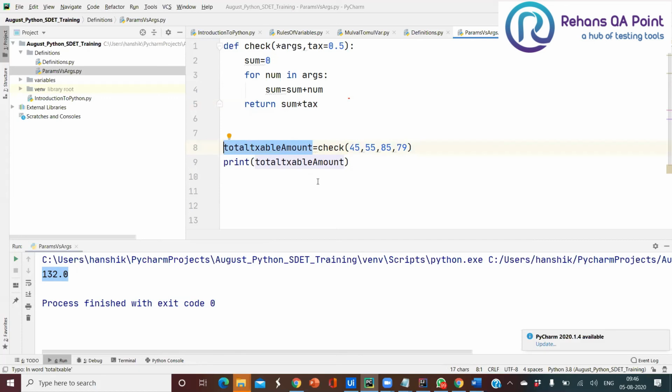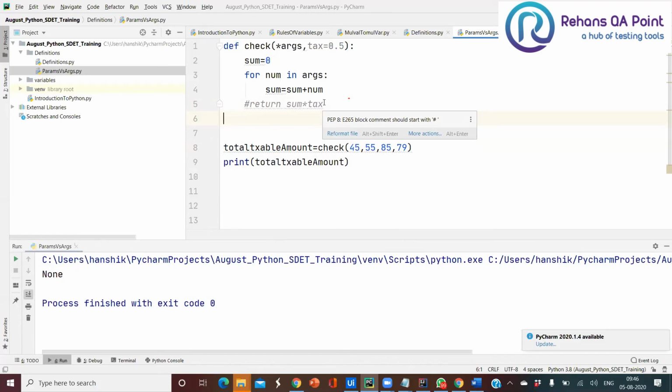That's fine. So now, Pratap, I forgot to add a return statement in the method. Will it throw any exception? No, it will not throw any exception, but it will give you a value called None. If a method is not returning any output, then the output is going to be None.